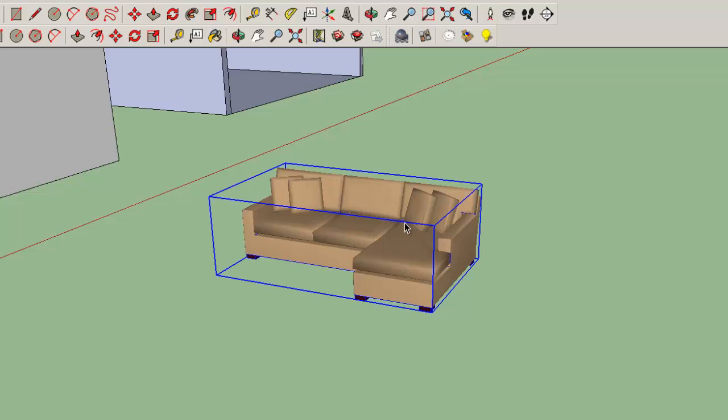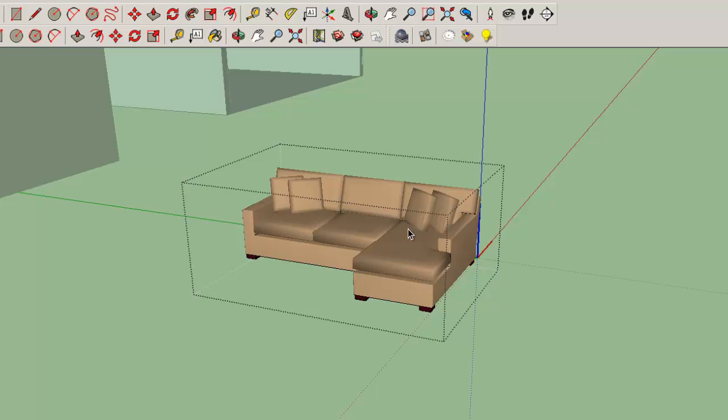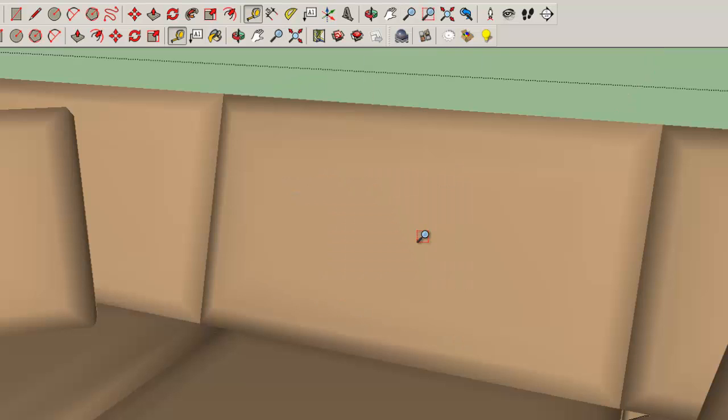Now, step number 1 is to double click to get inside of the component. If you miss that step, you will actually risk resizing your entire model, which is a very bad thing to do, according to the rescaled object that you're using tape measure to rescale. So double click to get inside of the component, then use the tape measure command to click on 2 points of a known distance. Let's say, for example, that I know that from here to here,